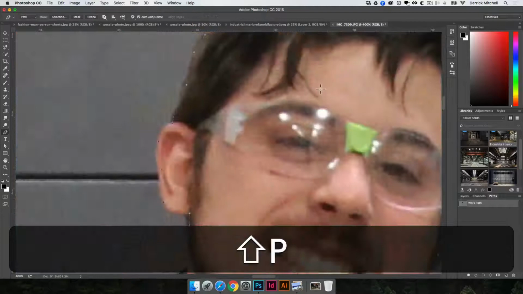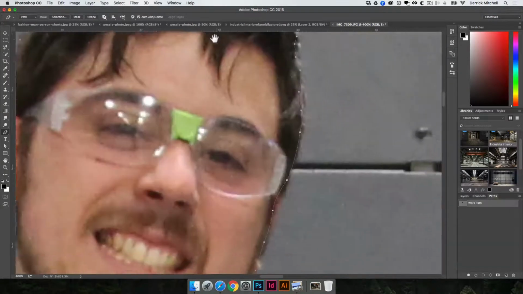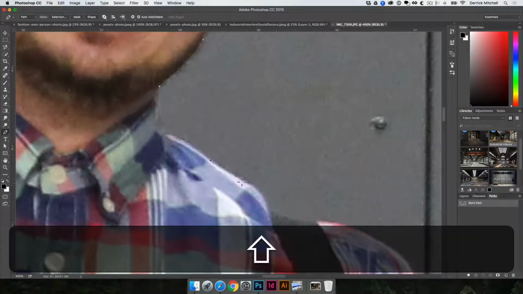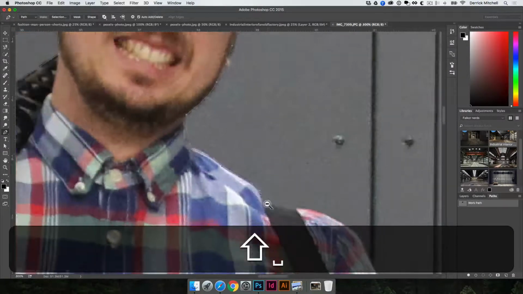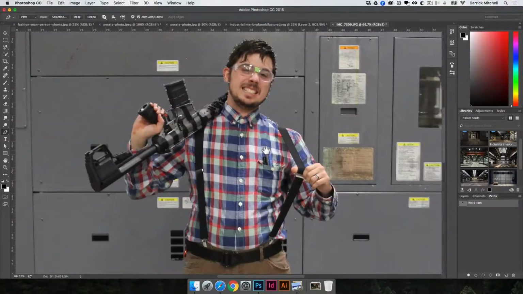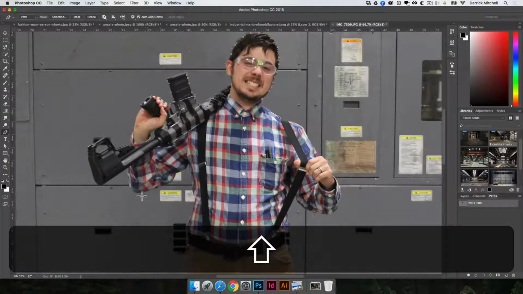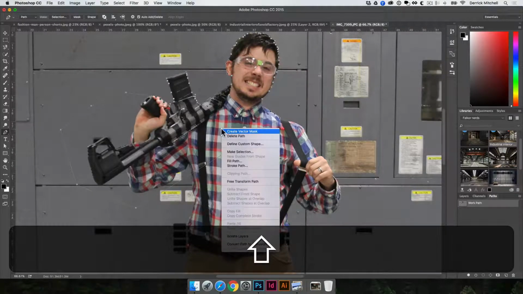I'm going to hit the letter P. Whoops. Hit the letter P real quick and grab that endpoint, and I'm just going to zoom out a little bit. I'll come back over and find where I started, and when I hover, I get my pen tool with the circle next to it, meaning I'm closing that path. So now with that selected, I can right click with my pen tool selected and hit make selection,